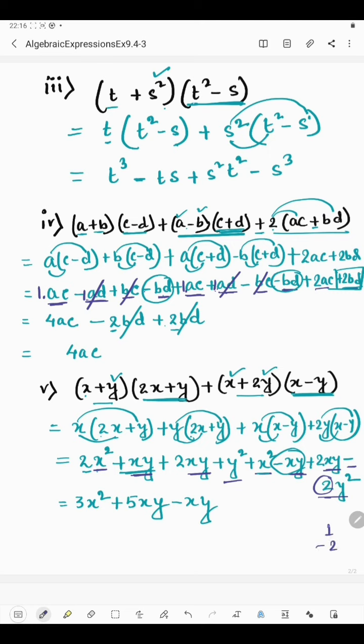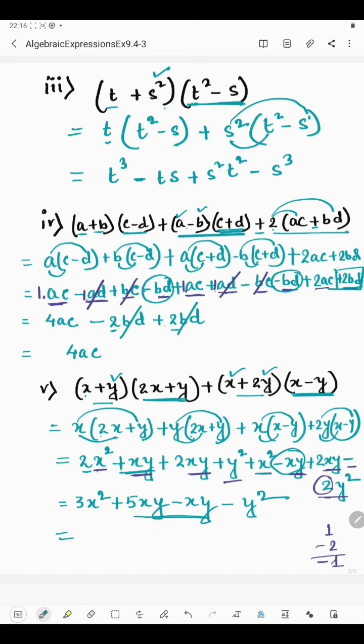So plus minus minus, so 2 minus 1 is 1, and since 2 is greater here and the sign of 2 is negative, so it will be negative. So it will be minus 1 y square. So we will write y square only, minus y square. We will not write 1 there because we never write 1 as the coefficient of y square, it means 1 y square only, right? So we will write minus y square.